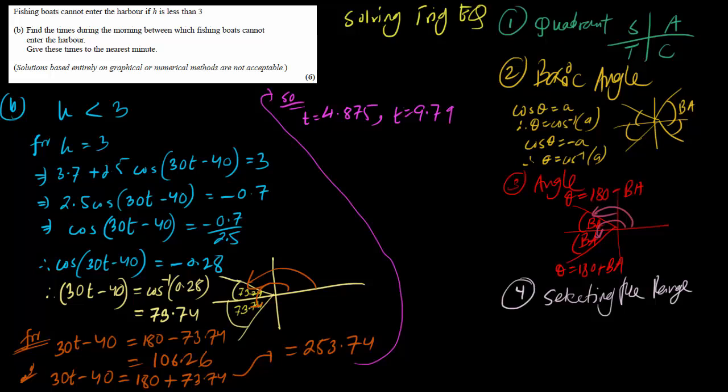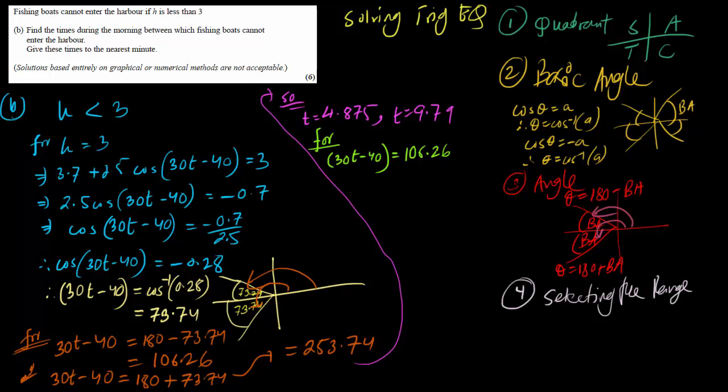And these values are 4 and 9. So we might need another revolution to see whether we get more values of time in the range. So this is something that you have to remember while doing these sums. So what we can do is we can write for 30t minus 40, it was